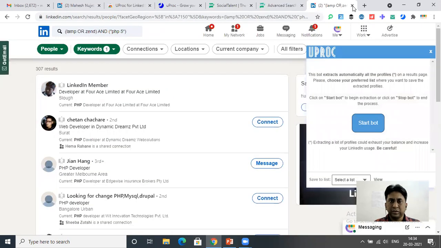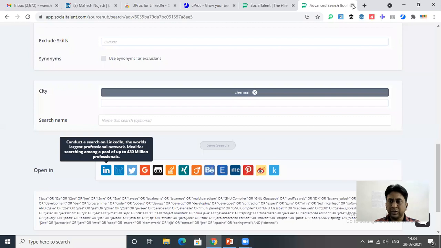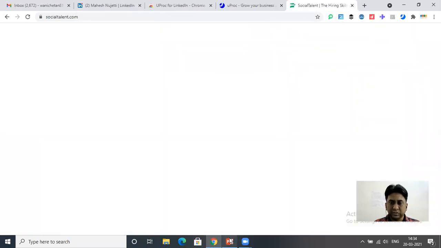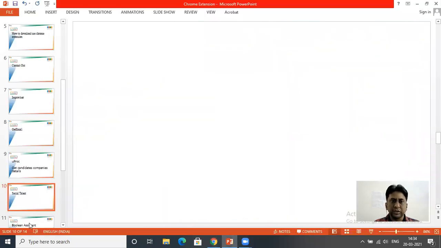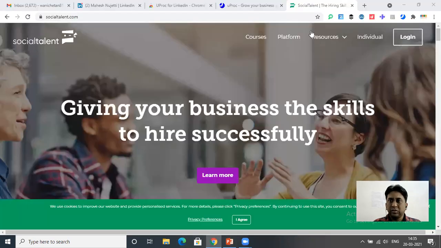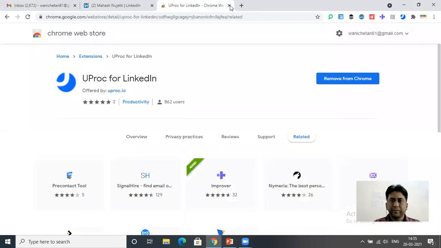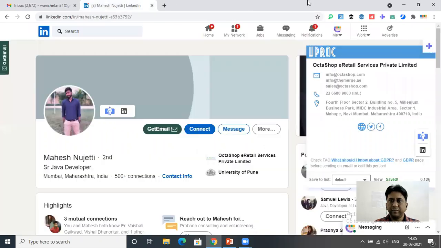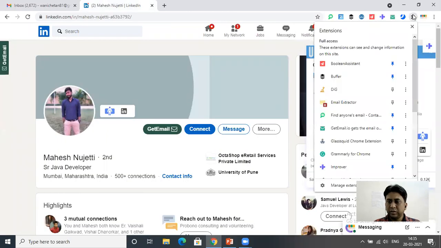Now let's go to another tool, Boolean Assistant. So let's explore this. Okay. Boolean Assistant, it is already in our list.